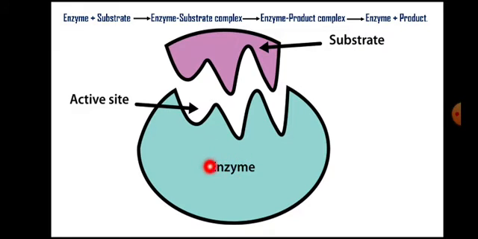This is the enzyme molecule and this is the substrate. What do you see here? This diagram shows the specificity of an enzyme for the substrate. So this is just an indication that shows the specificity of substrates and enzyme. This is the site where the substrates bind. This is called the active site. So the active site is the position on an enzyme for the binding of the appropriate substrate molecule.